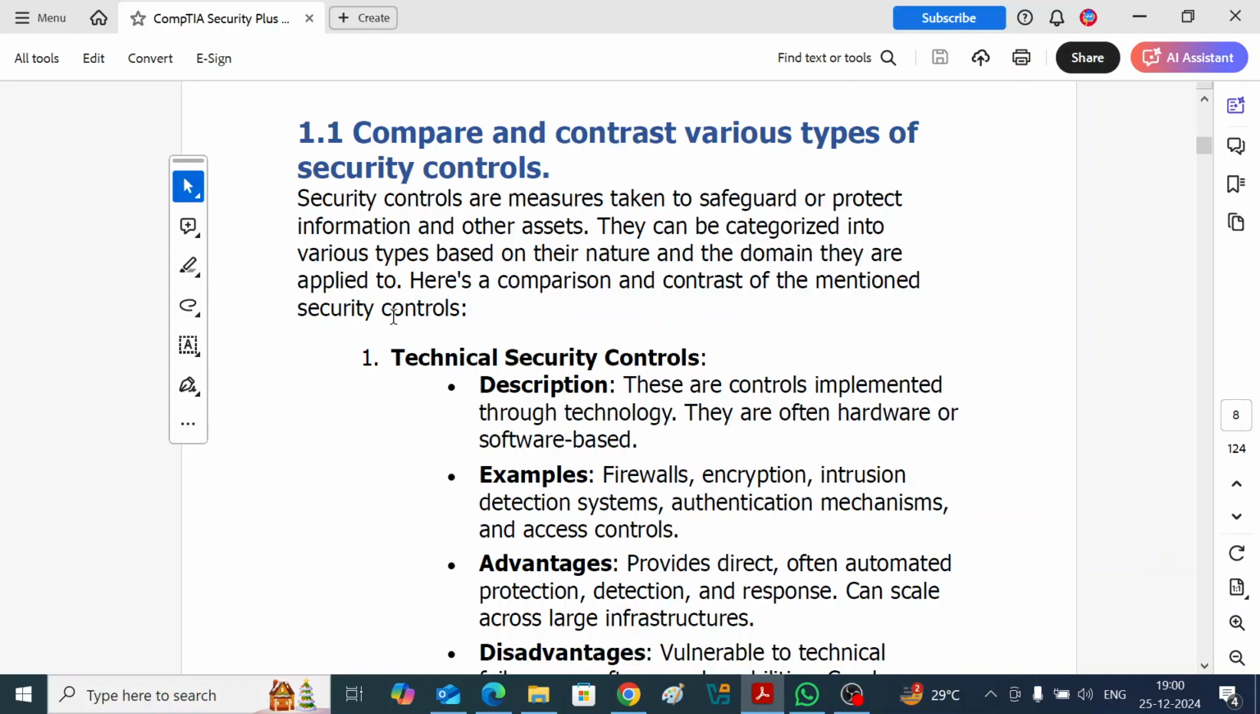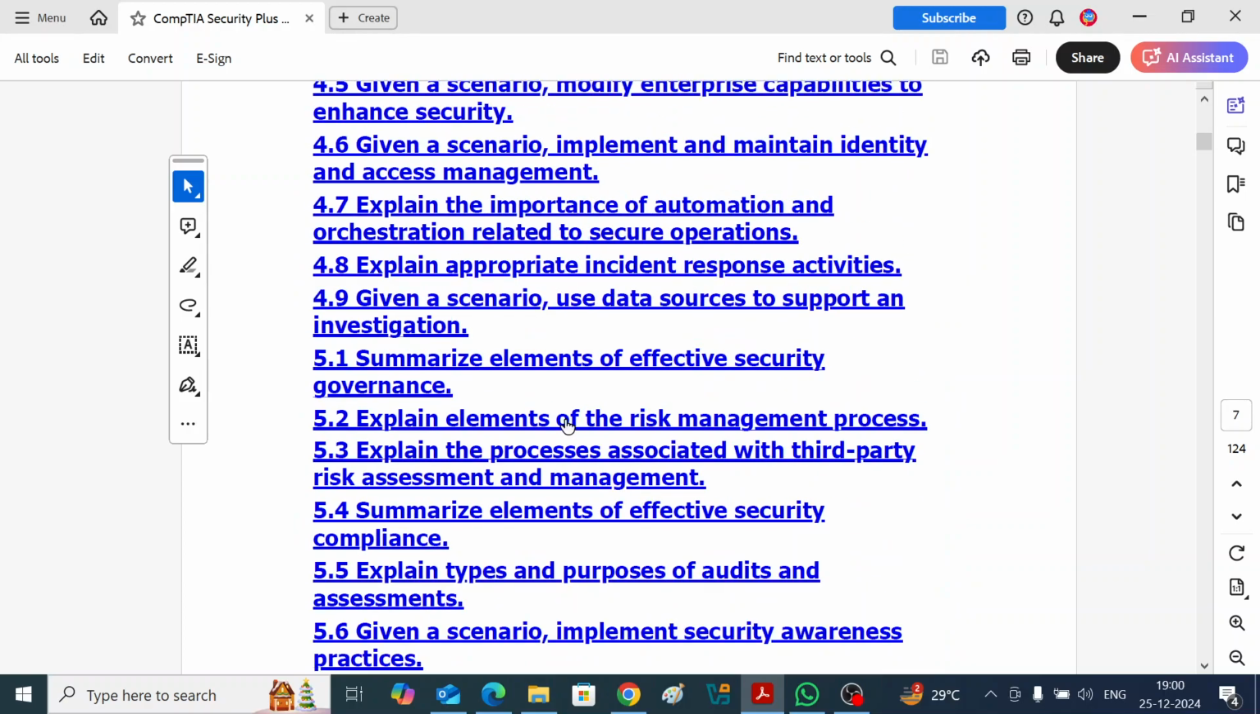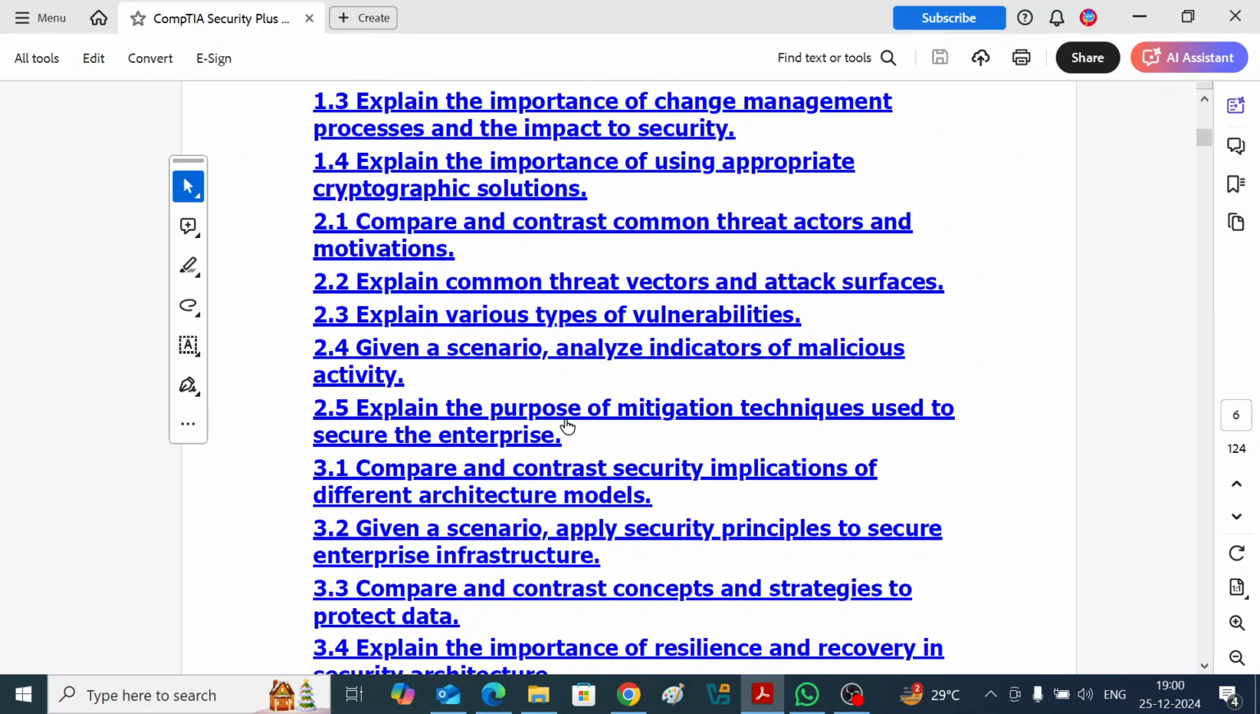This course is for the CompTIA Security Plus. If you want to clear the exam, this is all you need to study. If you understand these concepts clearly, I'm sure you are going to clear the CompTIA Security Plus exam in your very first attempt, right? So without wasting much of the time, let's go back and see what we are going